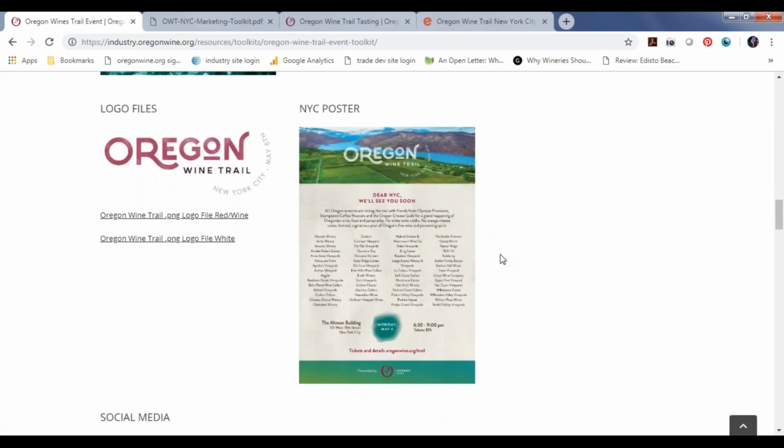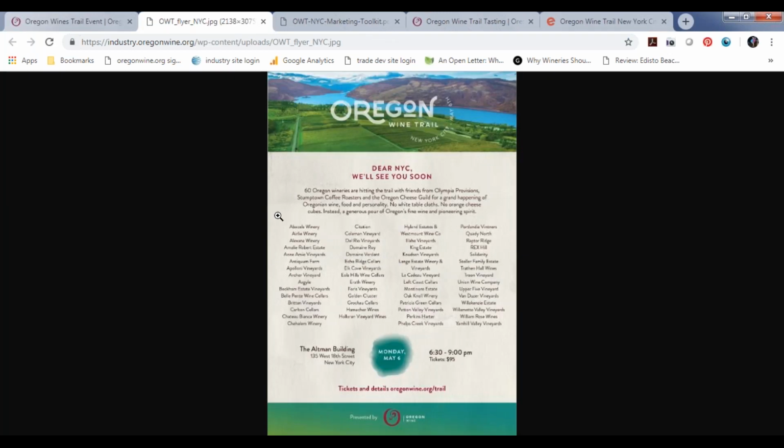And then one additional element that may be useful to you that is not specifically linked in the toolkit is this show poster. We designed this sort of like a Woodstock or Coachella large festival poster with all of our participating wineries,